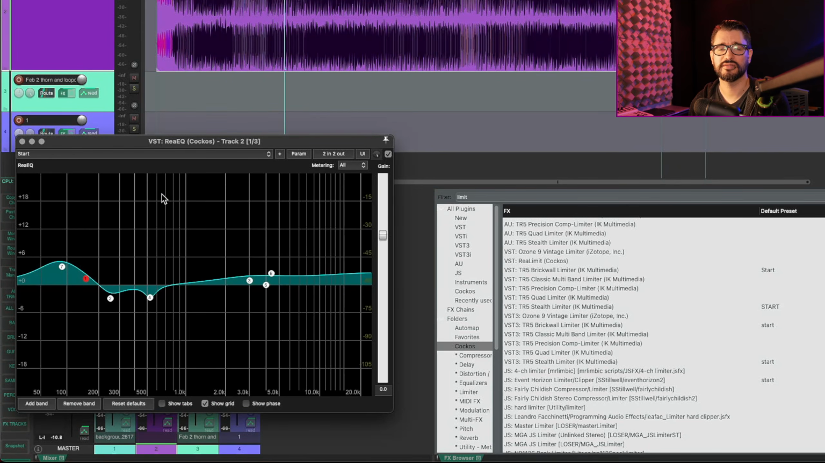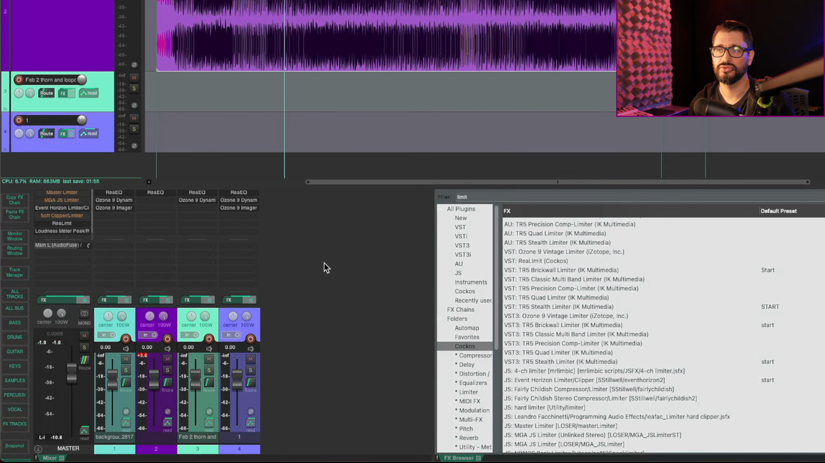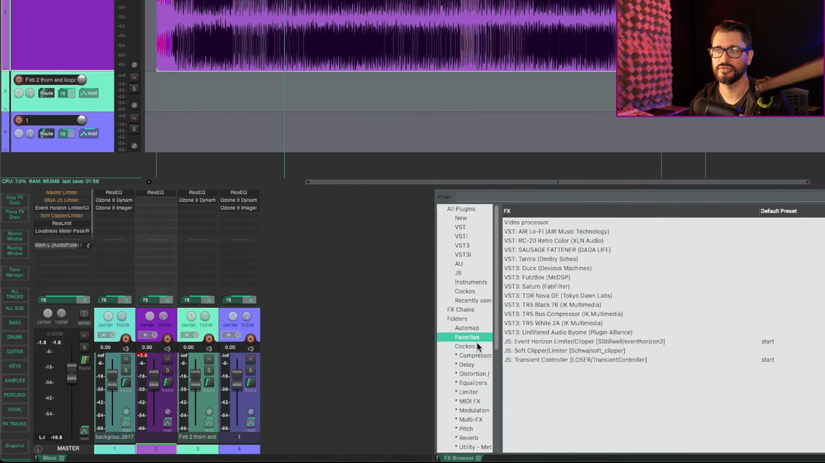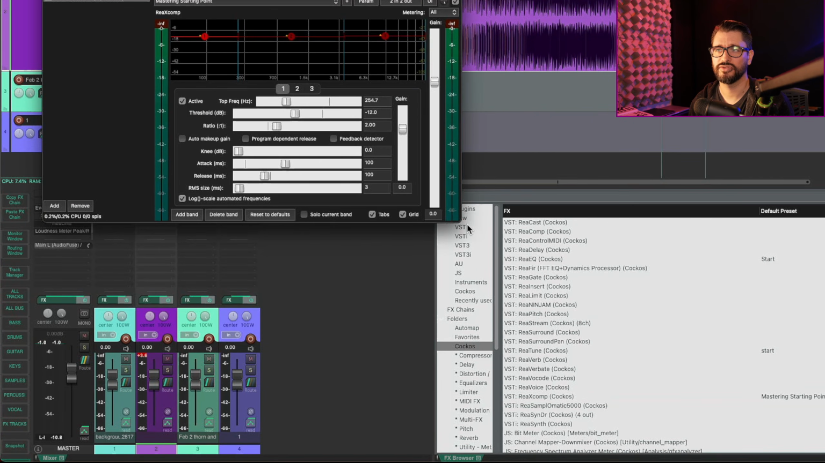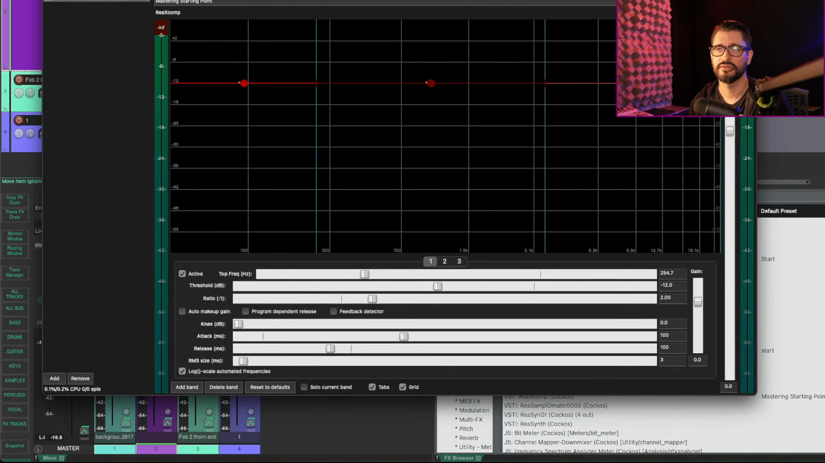EQ, we're going to leave it the same. This is the EQ that we used in the last video and sounds right, we'll say, for this. Moving on to multiband compression, we can use one of the Cockos stock plugins, which is ReaXcomp. I've got a mastering starting point, which